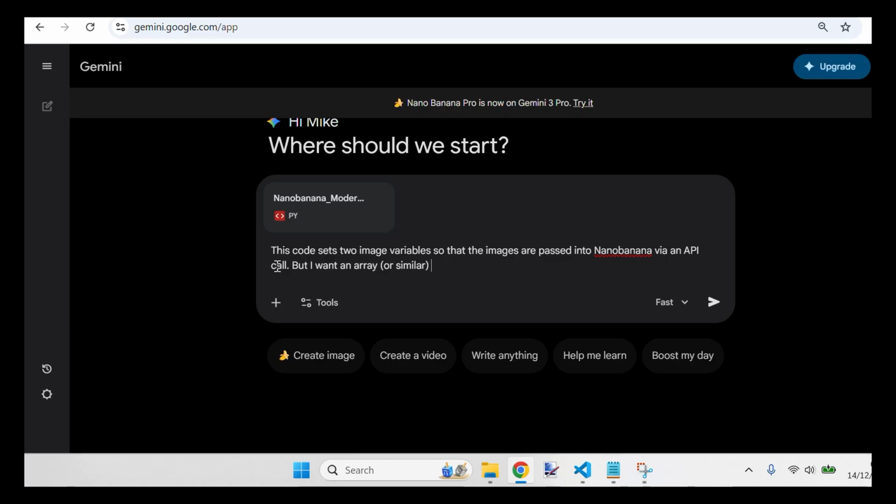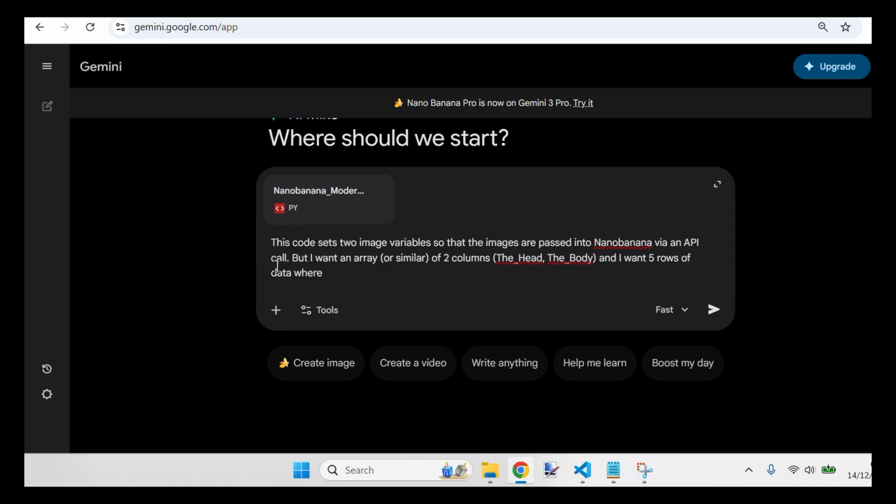And I want an array or similar of 2 columns, the head, the body, and I'll just say 5 rows of data where each value is a file name such as aa.png,